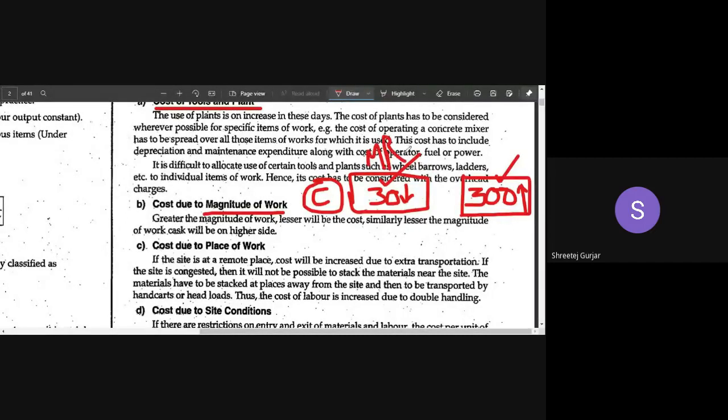MRP. So if you order more quantity, they will reduce the price. Yes, correct. Whenever you order in bulk, in more quantity, they will give you some percentage of discount over the MRP, right? So that will affect your rate analysis. If your magnitude of work is more, your cost will be reduced because they will give you some discount because you are buying in bulk. And if you are buying very less quantity, they will charge you the MRP rate, and hence there will be not much reduction in cost. So this is a very important point, depending upon the magnitude of your work.